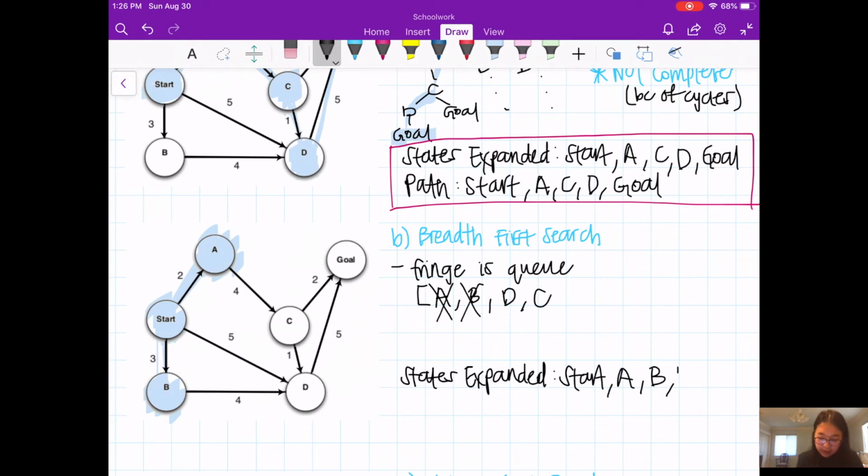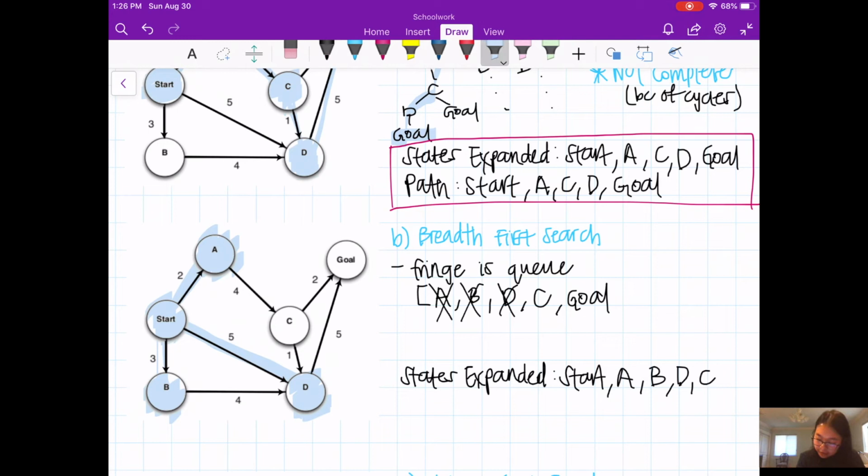Cool. And then next, we have D. So I'll do the same thing. Explore D. And keep in mind that was the original connection, not the one from B. And then you can add D's children, which is goal.